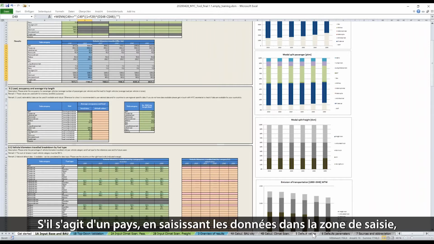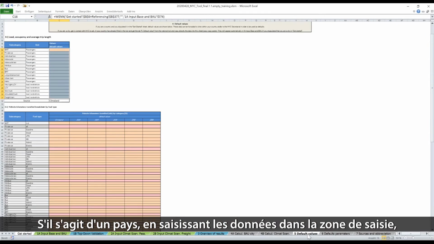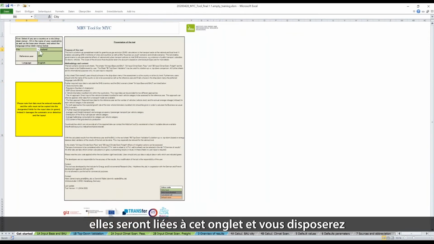If you are a country, you don't have any defaults for you, of course, but you produce defaults by using the tool. So if you're a country, by entering the data into the input area, they will be linked to this tab, and you will have then an abstract, let's say, of the data